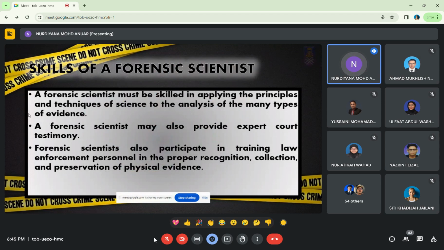Okay, skills of a forensic scientist. Forensic scientists must be skilled in applying the principles and techniques of science to the analysis of the many types of evidence, and they also may provide expert court testimony. I'm sure you guys pernah dengar, mungkin baca case di mana all these forensic scientists being called to the court to give their statements. So apa yang dia dah buat with that evidence,